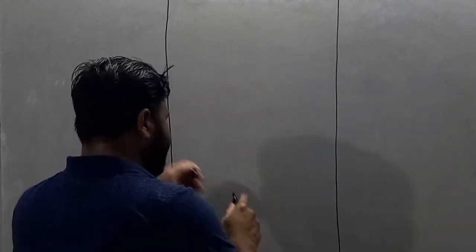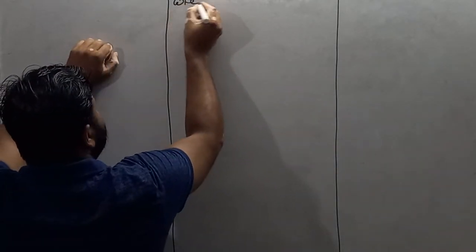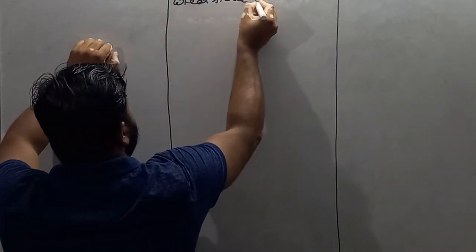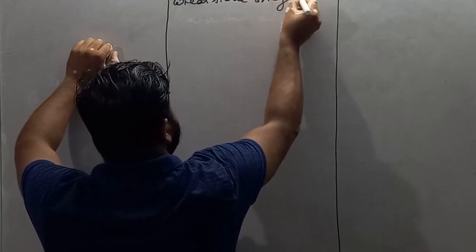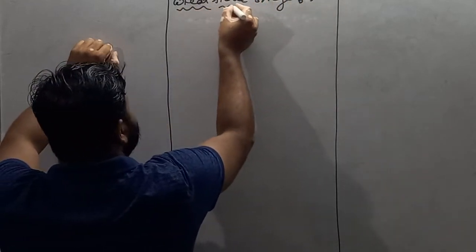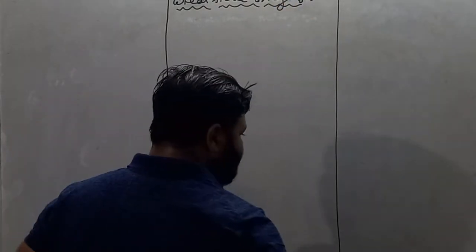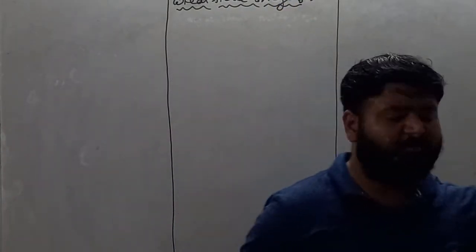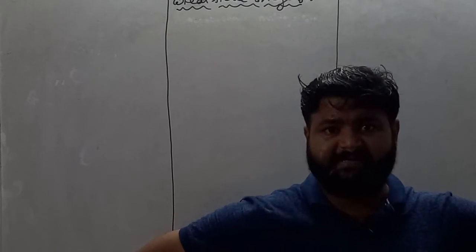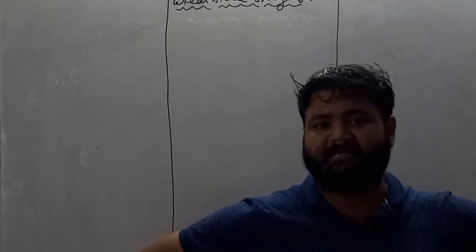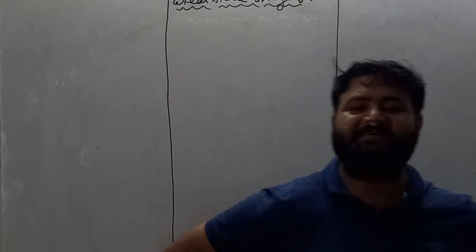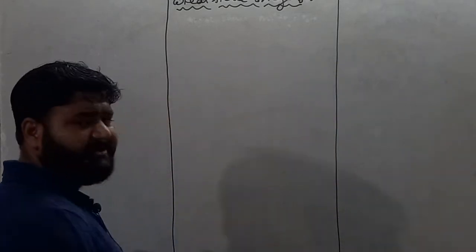Now we'll discuss the next topic, which is called Wheatstone bridge, which is again a very important topic related to your board exam. So write down the next heading: Wheatstone bridge. So my dear student, Wheatstone is a person who gave a circuit. Basically that circuit is nothing but a combination of 5 resistors. So write down what actually a Wheatstone bridge is.